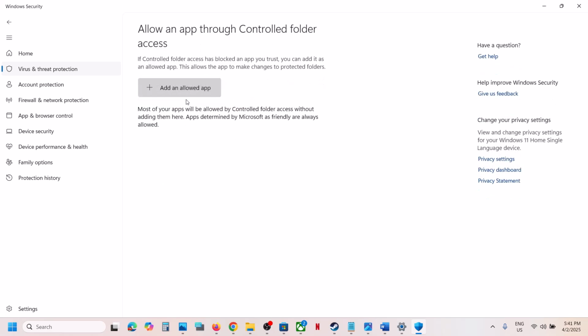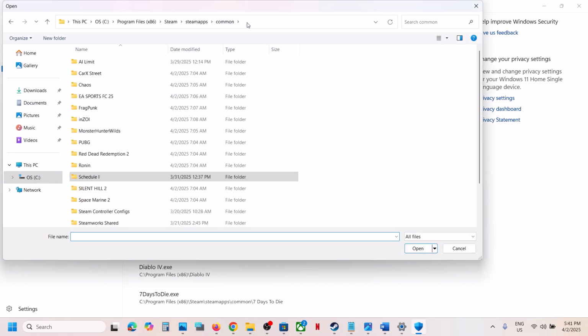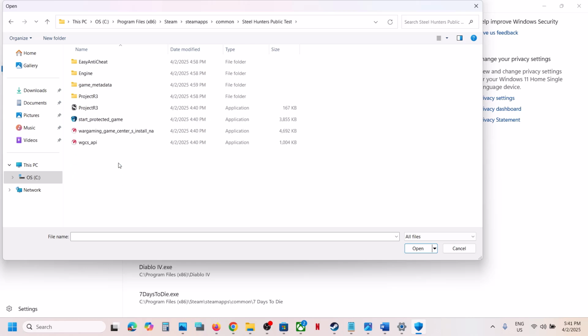Click on Yes to allow and then click on Add an allowed app. Click on Browse all apps. Go to the game installation folder. So in my case the game is installed in this location. So open the game folder. So once you find the game folder, open the game folder, select the game exe file and then click on